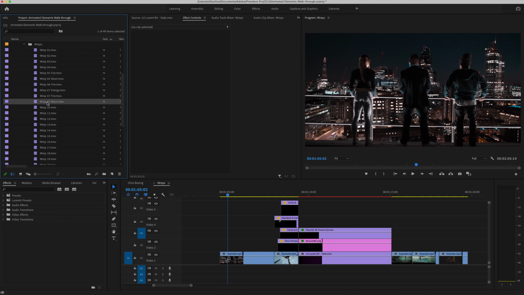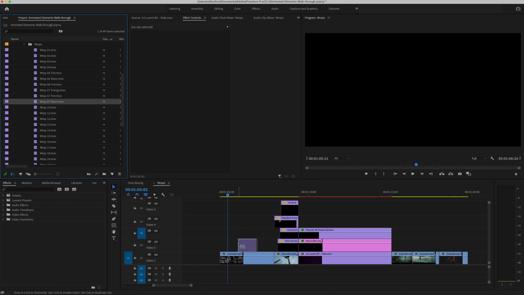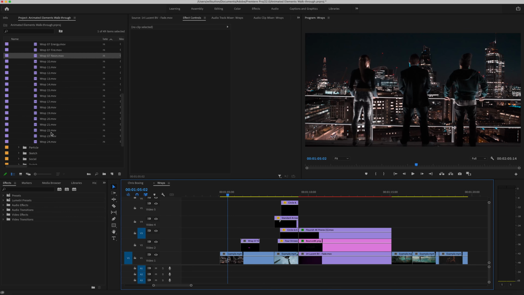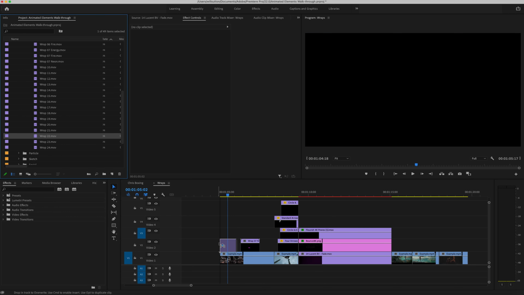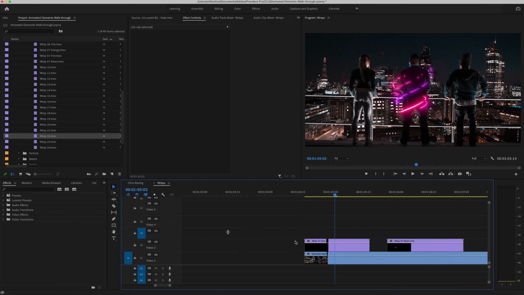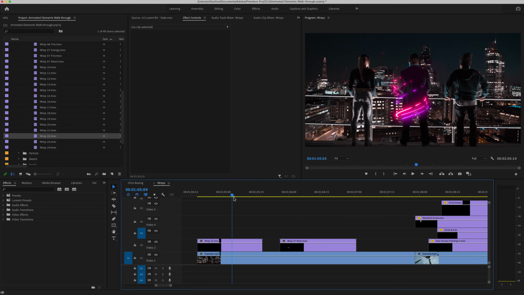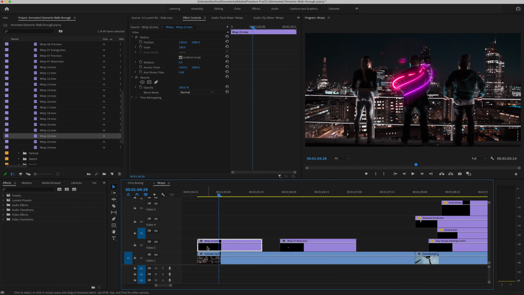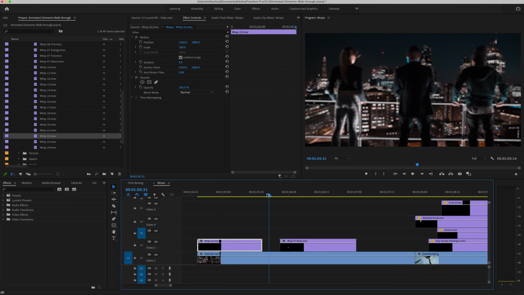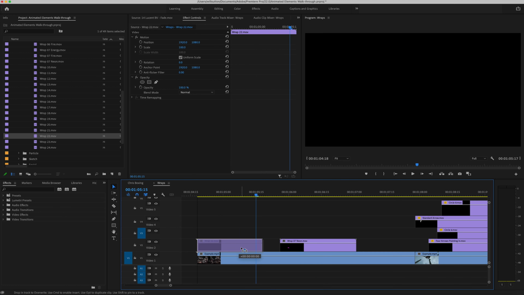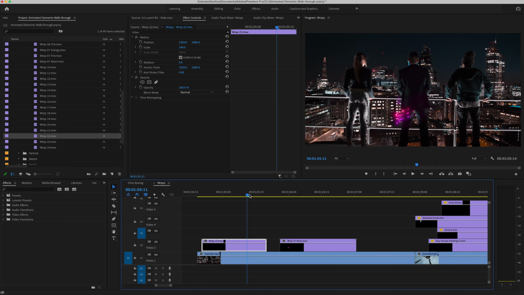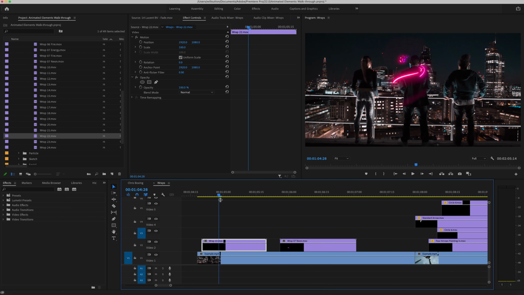So what we used then was the wrap 7 neon version, and we used the wrap 22 for the first one. So we'll just zoom in there. Obviously it's out of place at the moment, so all we need to do is make sure it's in time. I want it to finish just before. There you go. And then now, what I want to do is just